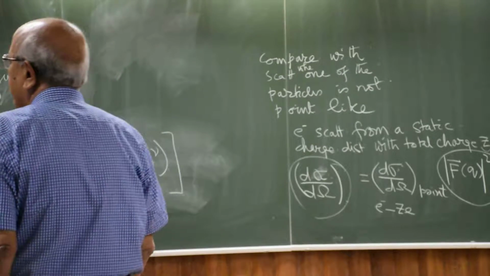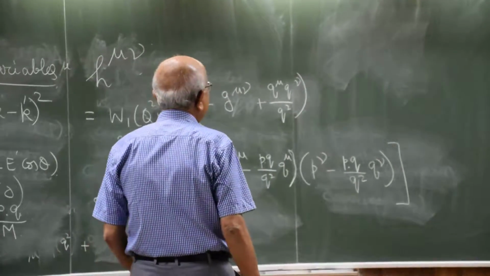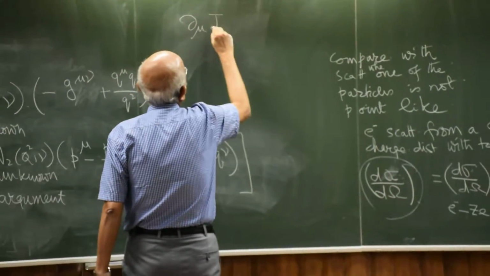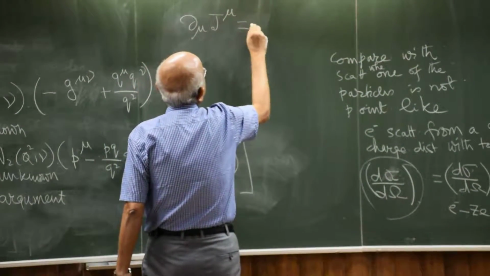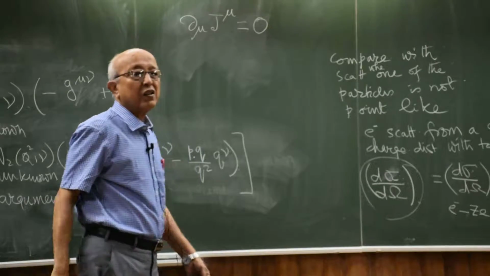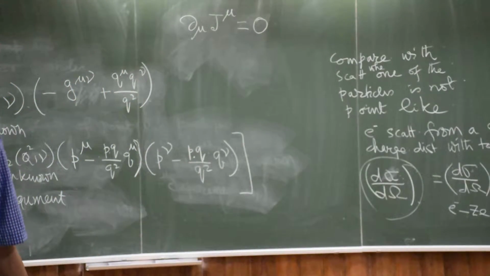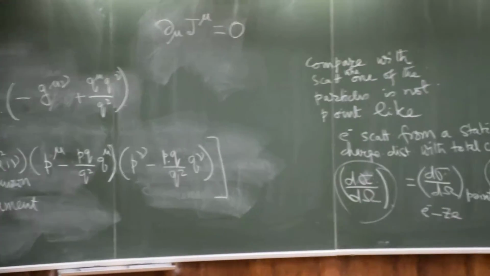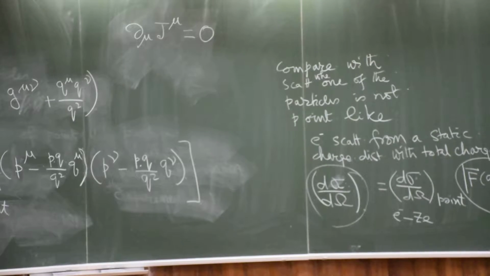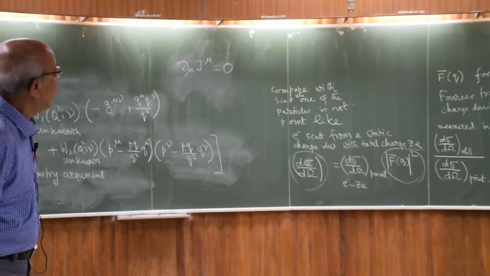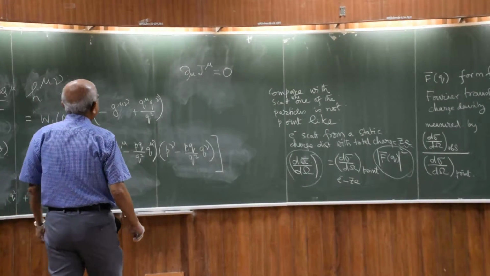The point is, what I was writing as current always satisfies a property. That is, P mu J mu should be equal to 0. Now, the currents that I have been writing here are currents in the momentum space. That's why I write Q bar, etc. So, in momentum space,